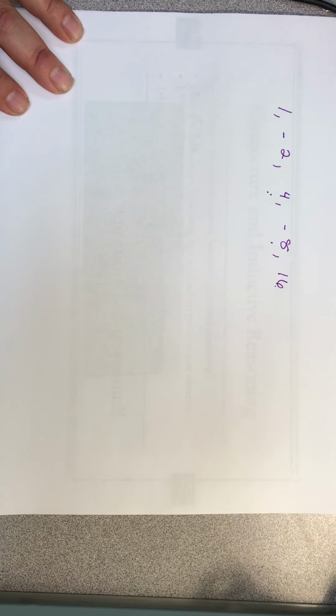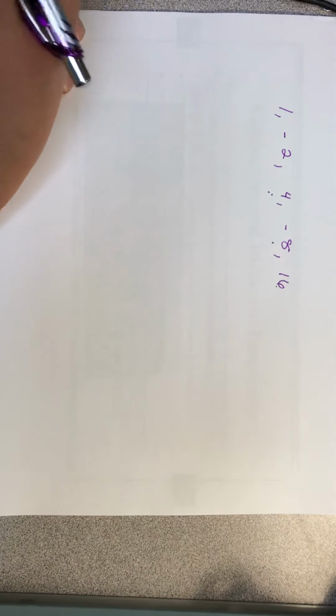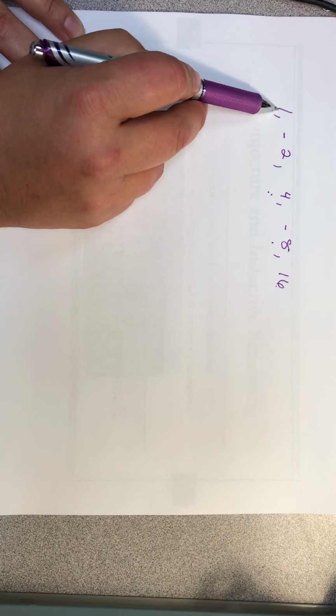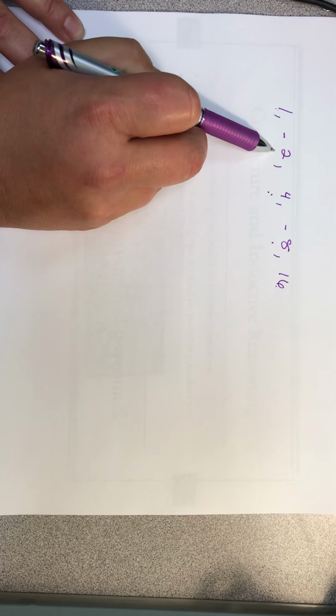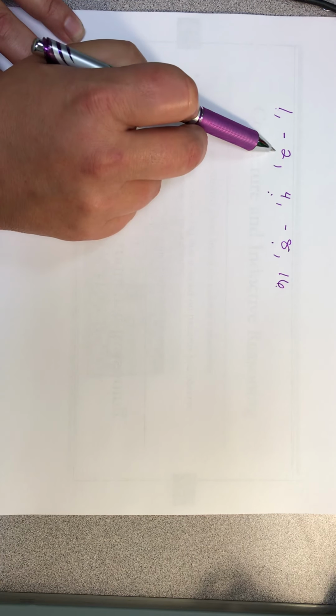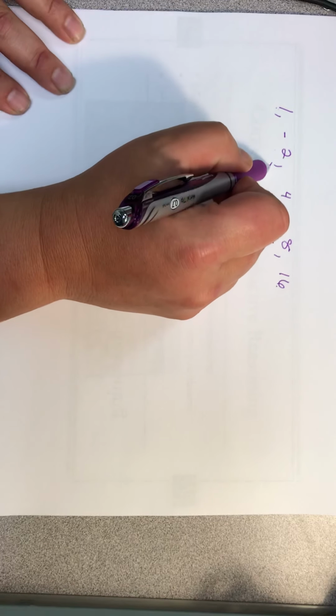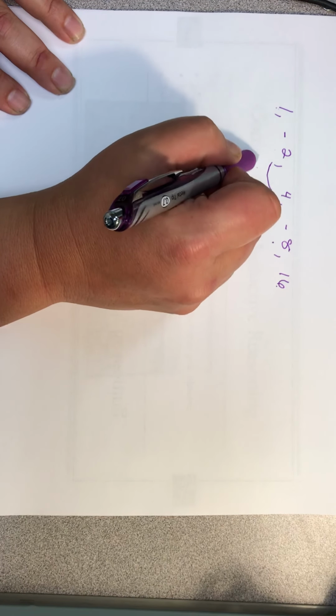And once we've figured that out, we can probably make a conjecture about what the next two terms would be. So first, let's notice that we could either add -3 to 1 or multiply 1 by -2 to get the next term. Well, if we added -3 to -2, we would end up with -5,